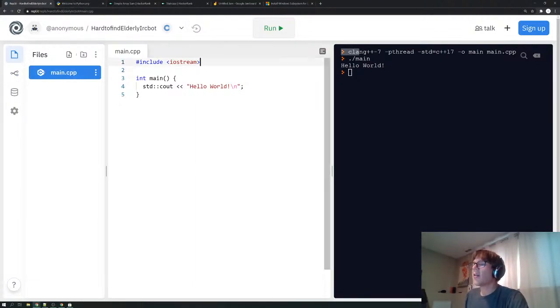Anyways, we've got this thing here called iostream, which stands for input-output stream. It's part of the standard library, and you include it like this. Now, you can include everything you want to use in C++, but this ends up being a bit of a pain. So instead, in competitive programming, we have a trick where we include